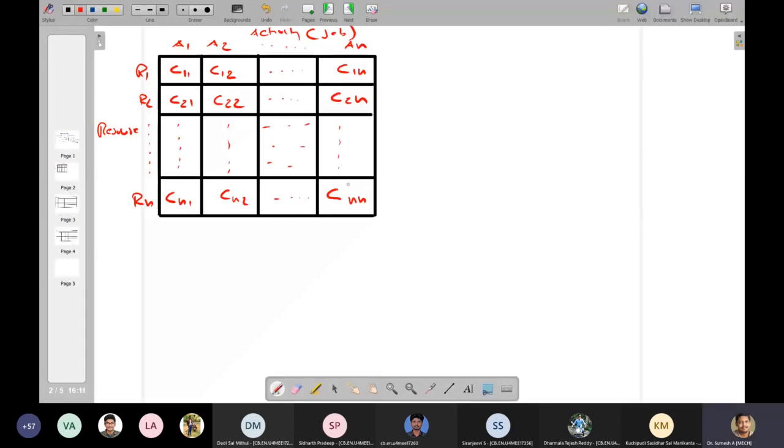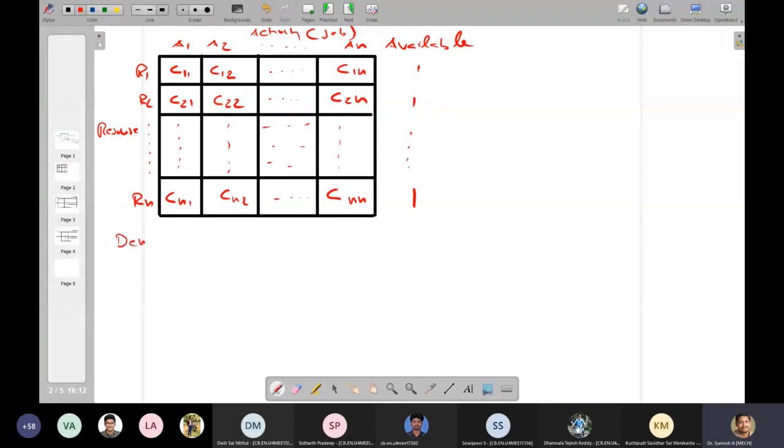Okay, so available is 1, 1. Here also 1. So same as in the case of demand also. So demand also will be 1, 1, 1 up to 1. So either in row or column, anywhere you have to write only one value. So if I want to formulate it, I can formulate this also by using the LPP technique.